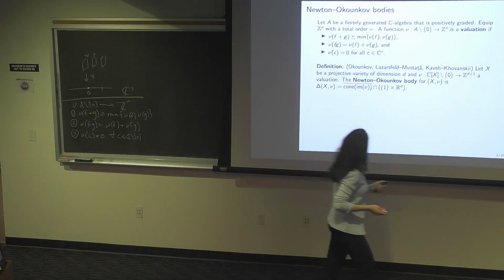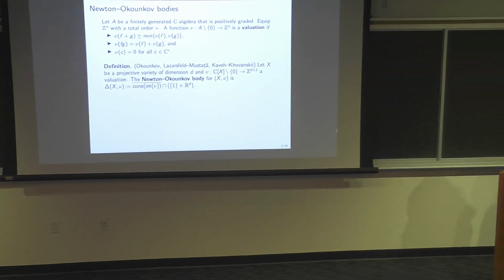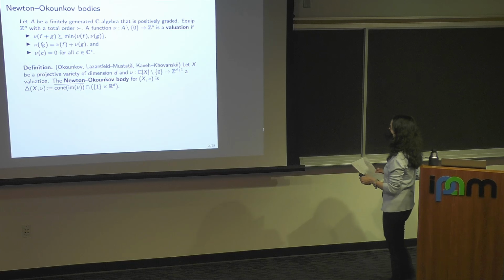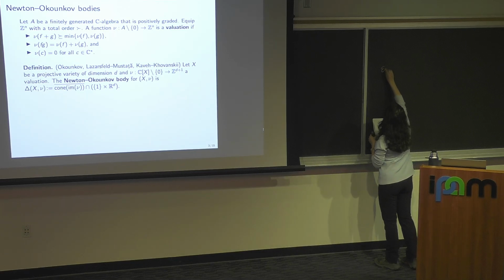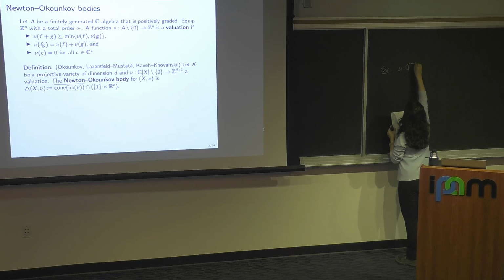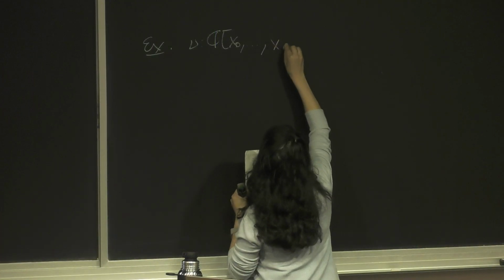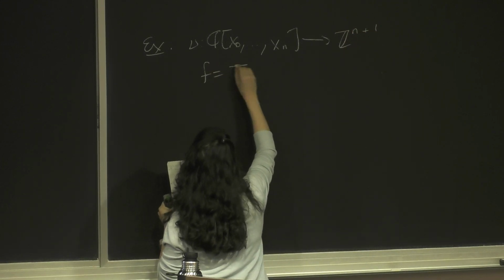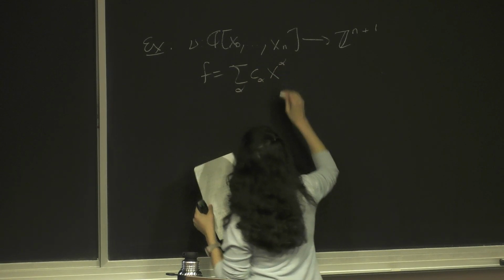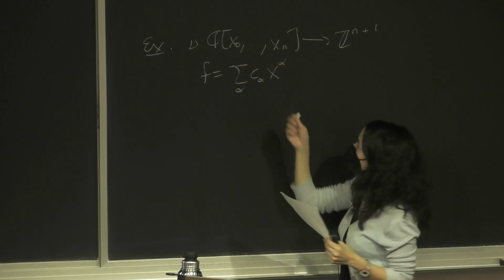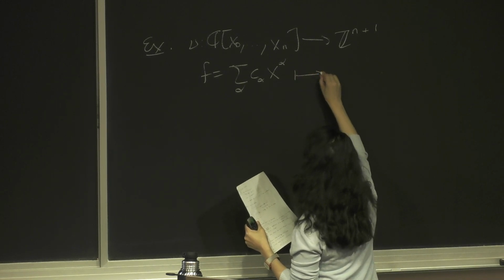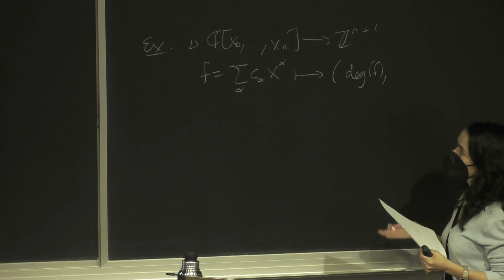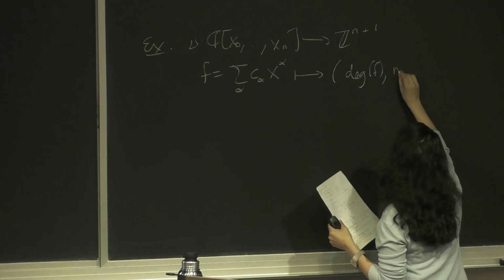And what is an example? So it's basically like degree, you know, but it's more than degree, right? Because this is going to Z^n. And so my example, I'll draw here. So if you have a polynomial in n plus 1 variables, then I'm going to map it to the following. Just the first coordinate is going to be the degree of the polynomial. And then I want to take,